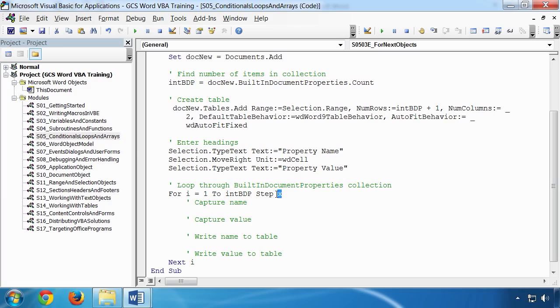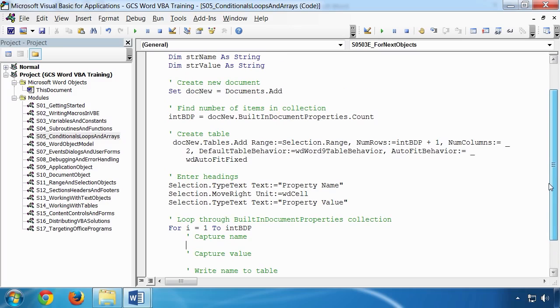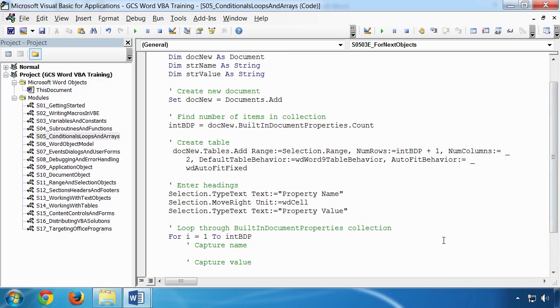Our step value is 1, and since that's the default, we can simply delete the step parameter. So now we want to capture the name into our variable called strName. So it's let, which we omit, strName equal, and we then need this syntax,